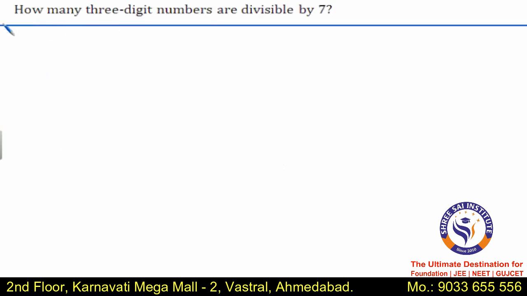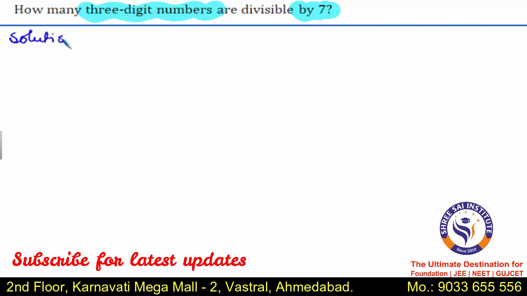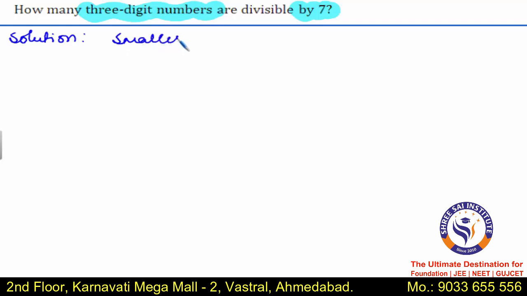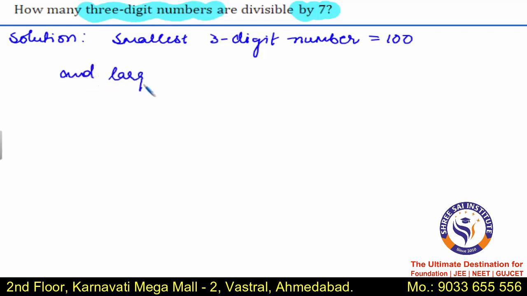This question says, how many three-digit numbers are divisible by 7? Let's begin with the solution. And we know that the smallest three-digit number is 100, and the largest three-digit number is 999,